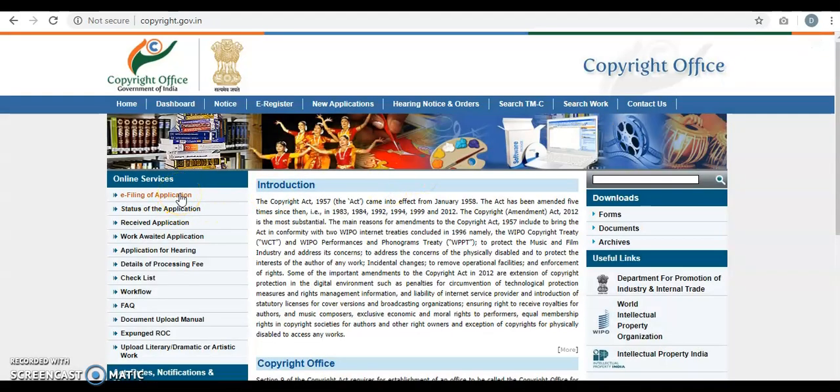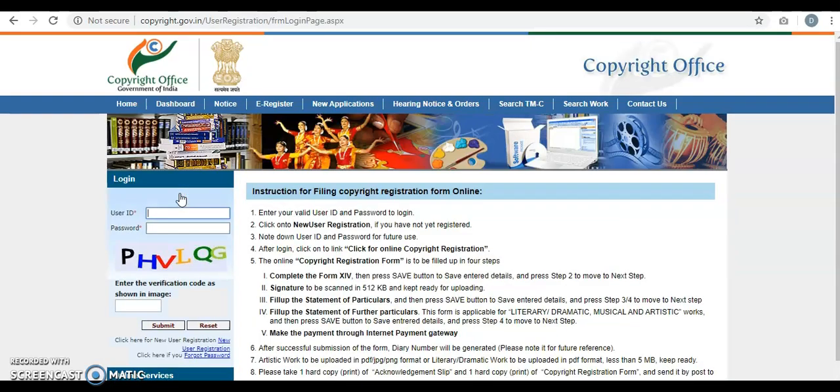To file a copyright, first click on e-filing of application. After that, enter the login credentials. If you don't have login credentials, you can click on new user registration.